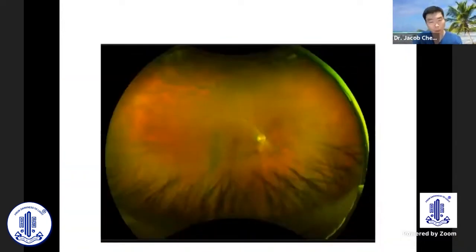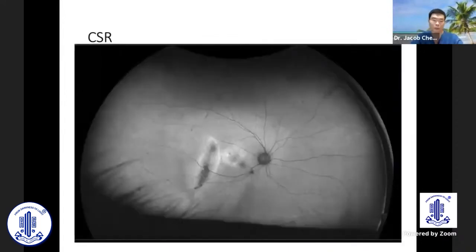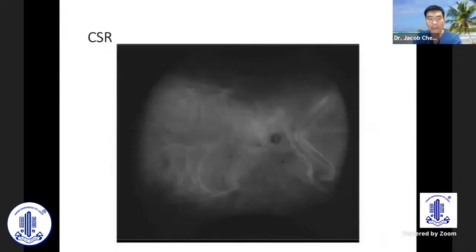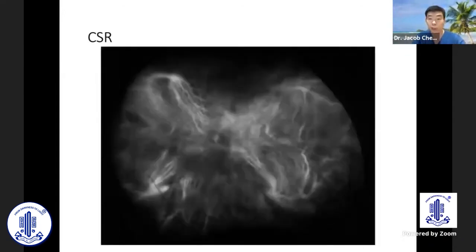Another routine or beyond routine case will be a CSR, evidenced by the pigmented tracks temporal to the fovea. Not much on the green channel, but here on the choroidal or red channel, you can see the dilated vessels. And again, very important will be the autofluorescence applied here. Again, confirmed on the fluorescein, the staining of the tract and the ink blots, and the dilated choroidal vessels on the ICG. Again, the patient has a double pathology, nicely documented on the ultra-wide field, with dilated ICG choroidal vessels you can